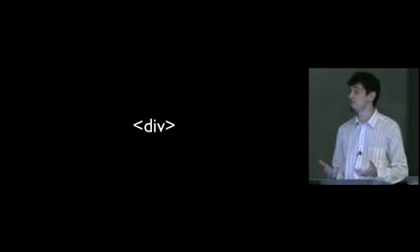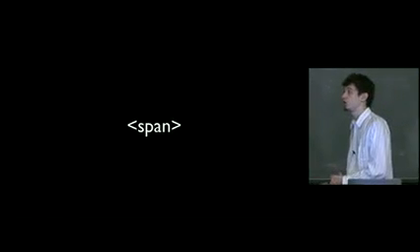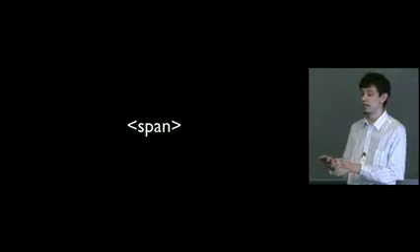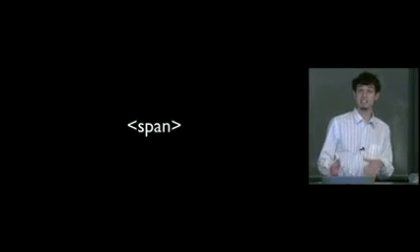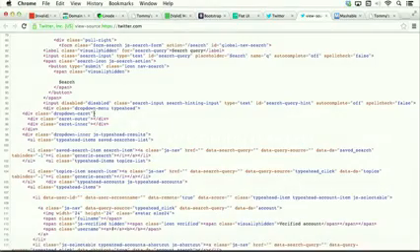But in addition to div, that's one way of logically grouping elements into a block, we also have this other element called a span. And this is a way of, rather than grouping elements into blocks, creating inline groups instead. So a span might span one line in a paragraph, where a div might group together several paragraphs or a nav bar. So finally, inside of both your HTML and CSS, you can leave these things called comments. And a comment is simply a note to yourself as the web developer that explains what you might be doing somewhere. So if we jump back to my HTML,